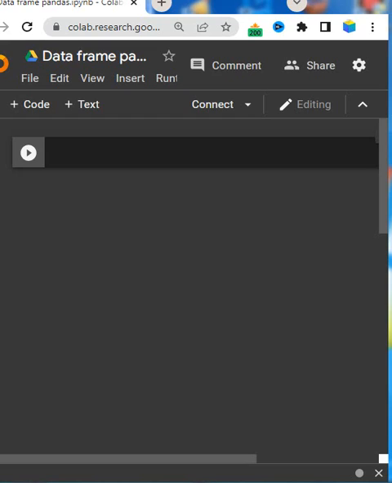A data frame is often used for analytical purposes and is better understood when thought of as column oriented, where each column is a series. So let's see, I am going to create a simple Python version of a column oriented data frame. I write here df as a variable for the data frame,